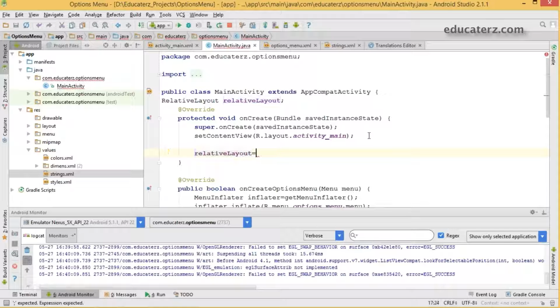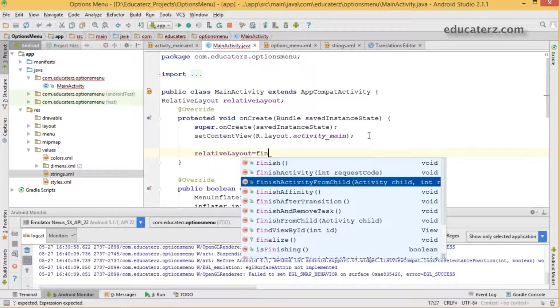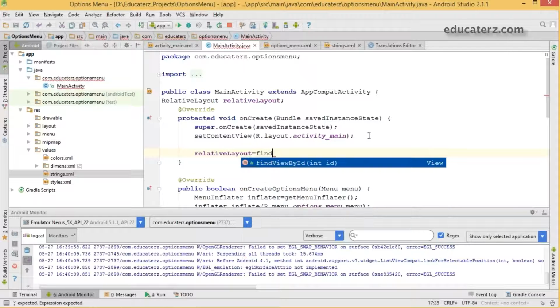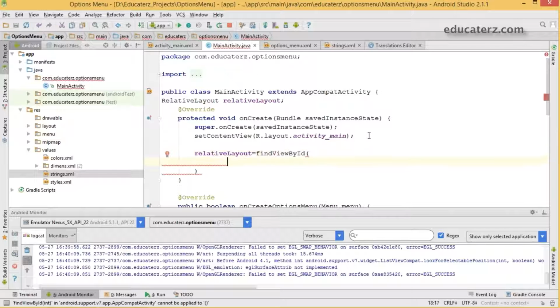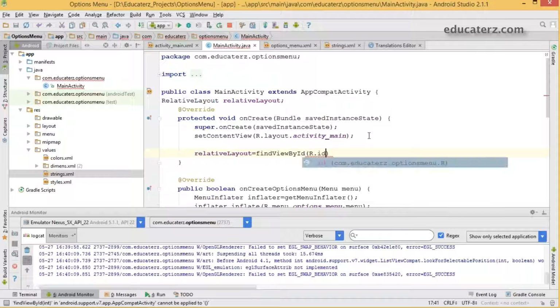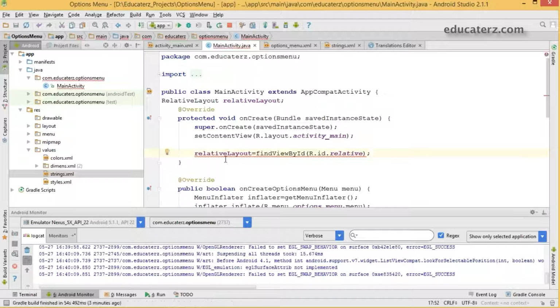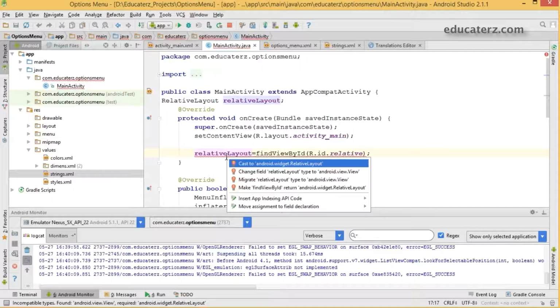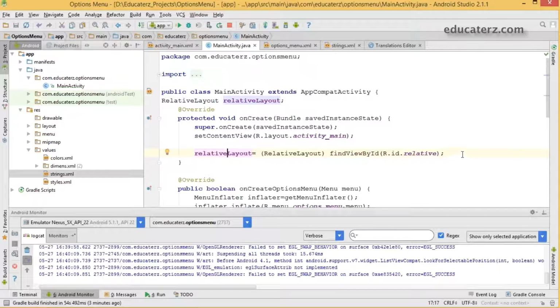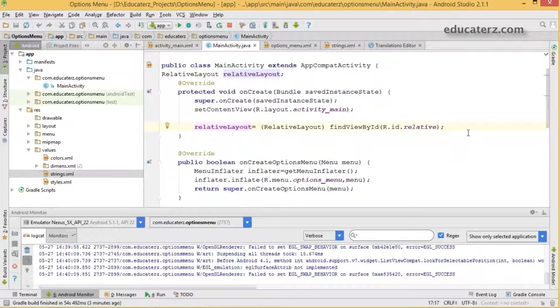Relative layout is equal to findViewById, R dot id dot relative, with a semicolon, and Alt Enter, cast it to RelativeLayout.